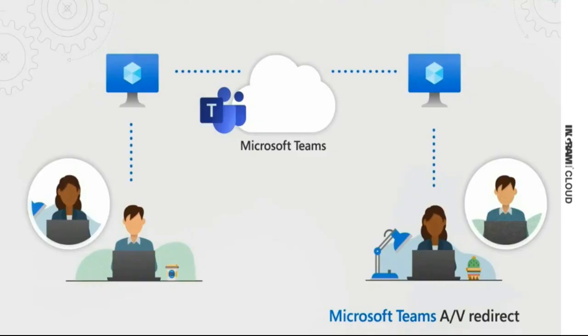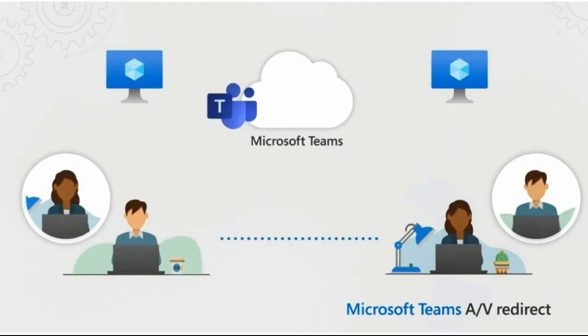Traditionally, when making a real-time communications connection in Windows Virtual Desktop, the traffic of the call is routed between the VMs. With AV redirection in Microsoft Teams, a point-to-point connection is created between the two endpoints using WebRTC. And this is a much more efficient way of connecting endpoints, and it creates a much better user experience